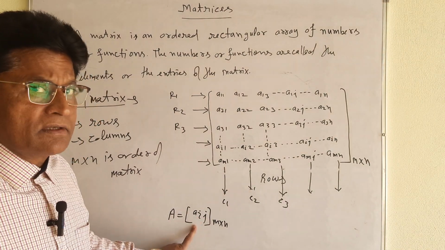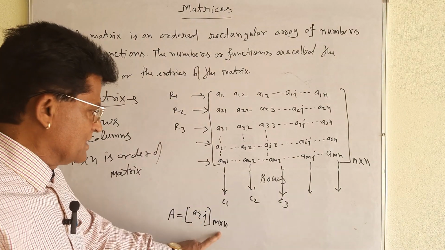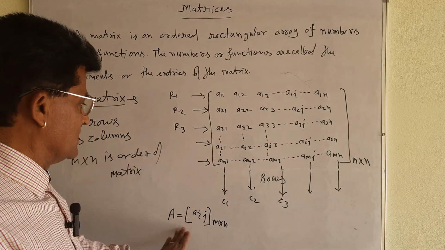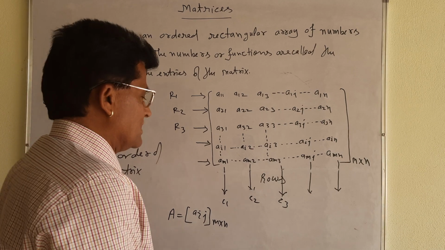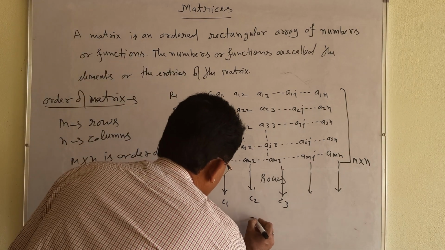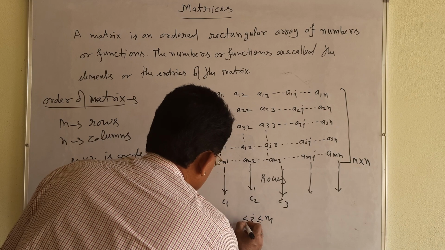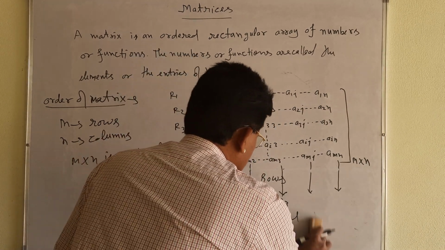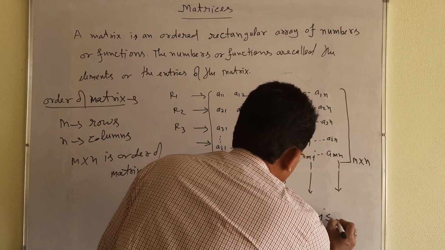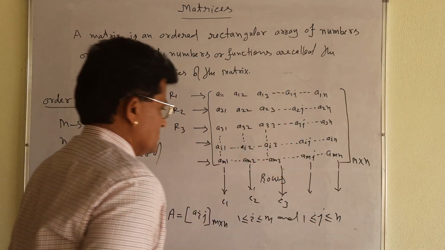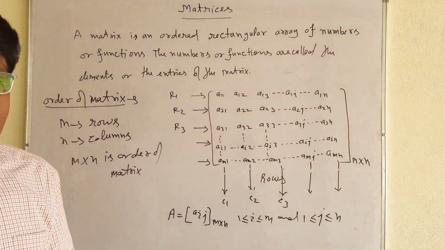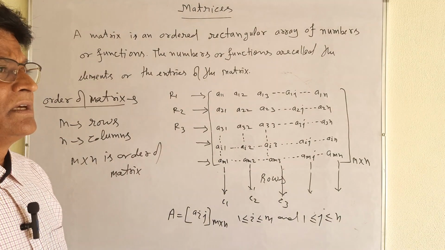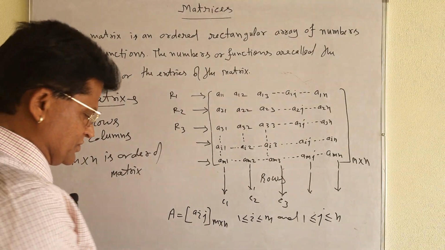That is a very important thing, and you must keep it in mind. The order of this matrix, this whole matrix I have written in the short form, is Aij. This matrix is known as Aij. But there is a condition. You see, i is less than or equal to m and greater than or equal to 1. And next, j: j is less than or equal to n and greater than or equal to 1. This you must also keep in mind. I am telling you the very important basic concepts related to matrices. Without these conditions, it will be very difficult to find the solution of the question.